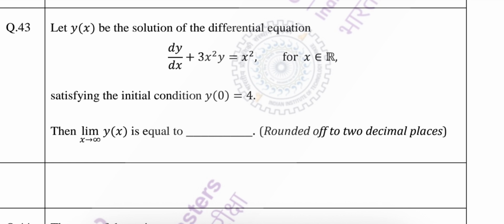Here we have a linear differential equation because you see dy by dx, that is of the first order, and thereafter you see y with coefficient 3x square. And after the sign of equality, x square, a function of x. So obviously the differential equation given in the question is a linear first order differential equation.